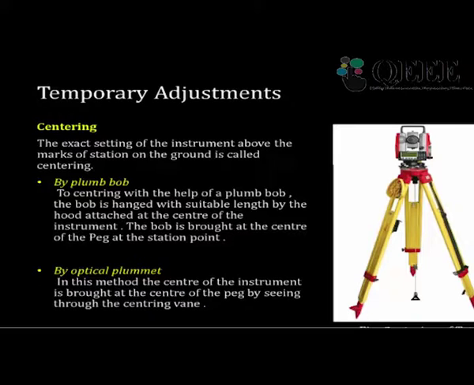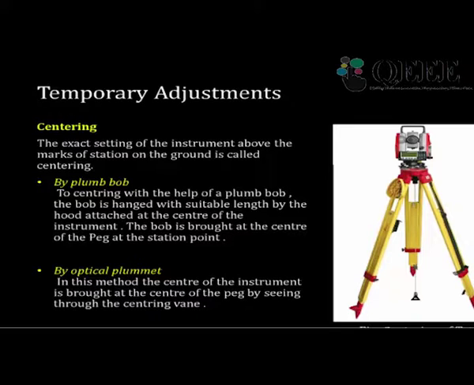So the plumb bob is very common. Till your leveling or theodolite, we will be using the plumb bob. The pointed edge of the plumb bob indicates wherever the peg is, that is the station point. So it is very straightforward. Sometimes what happens, due to wind and all this, the plumb bob may oscillate frequently. In that case, we can use another technology called optical plummet. Normally most total stations come with an optical plummet.